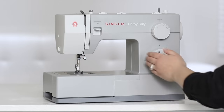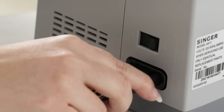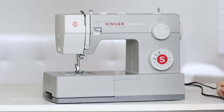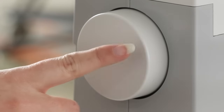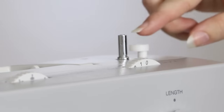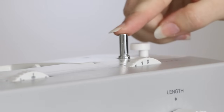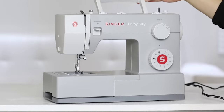The first thing we're going to do is plug in the machine and turn it on. And you'll know the machine is on when the light comes on. We have the hand wheel, the bobbin winding stopper, the bobbin winding spindle, the handle,